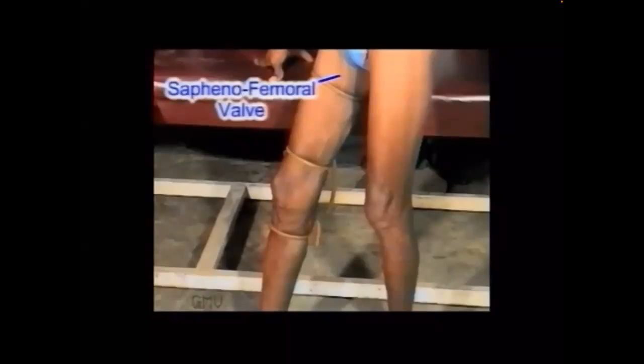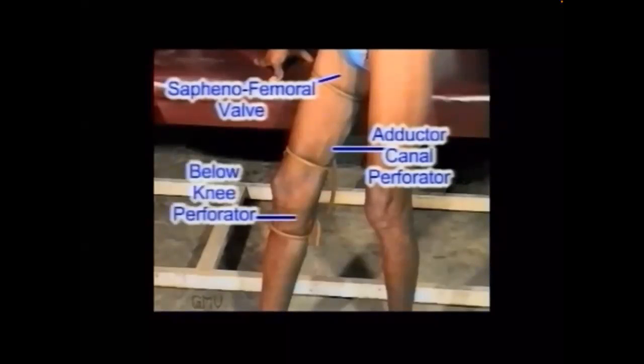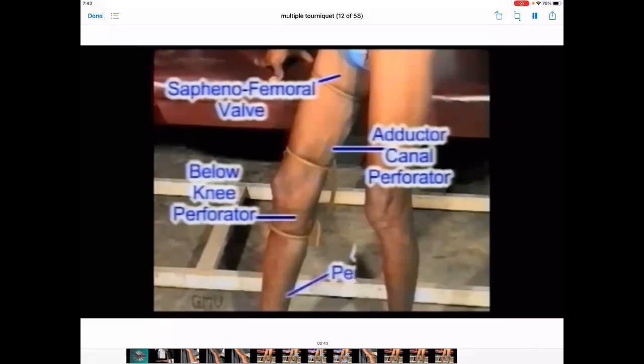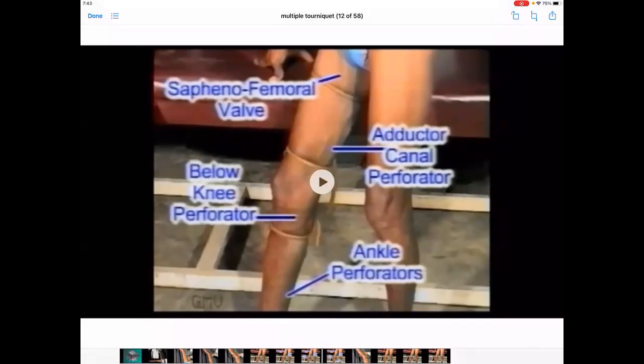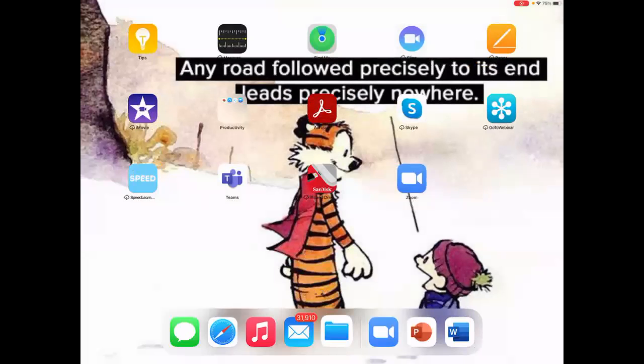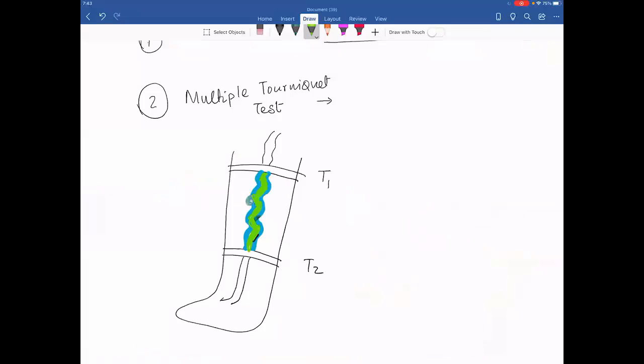So you have the saphenofemoral junction, you have a mid-thigh perforator, and then you have tourniquets that are below the below knee perforator. Bas, that is all that I wanted you to understand and remember. Now, if you have understood up to this point, I will again go back. So what happens is a very straightforward, simple thing, sir. So how many tourniquets have we tied?